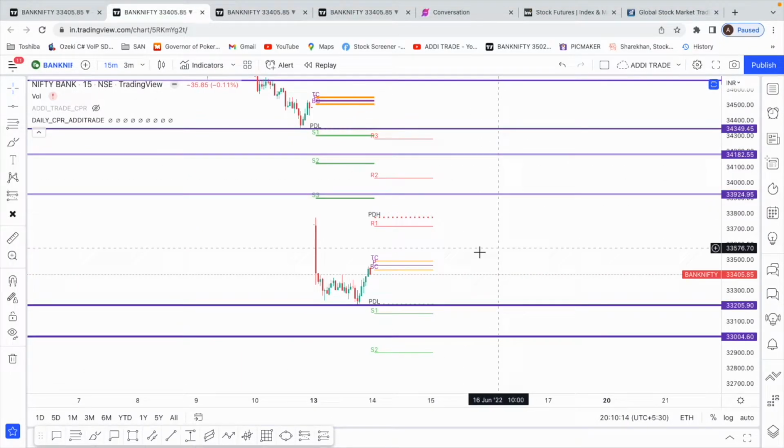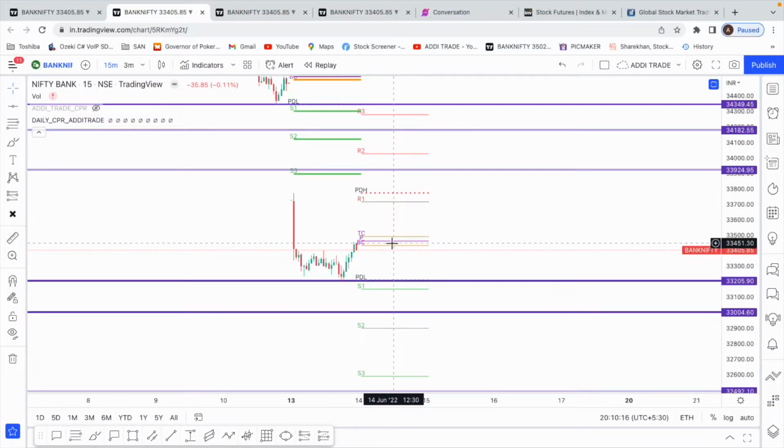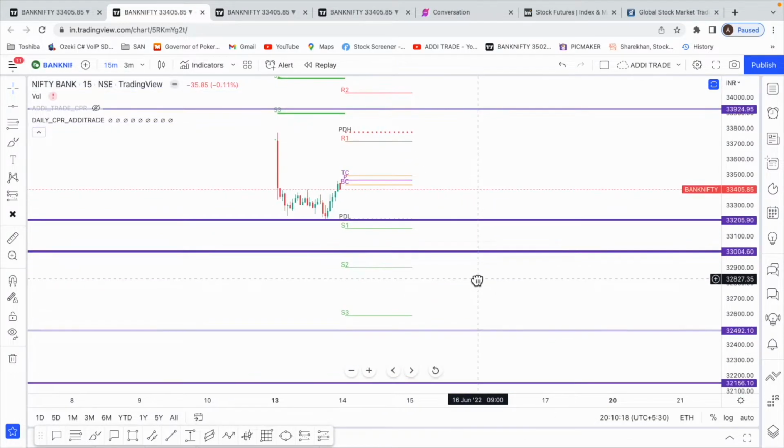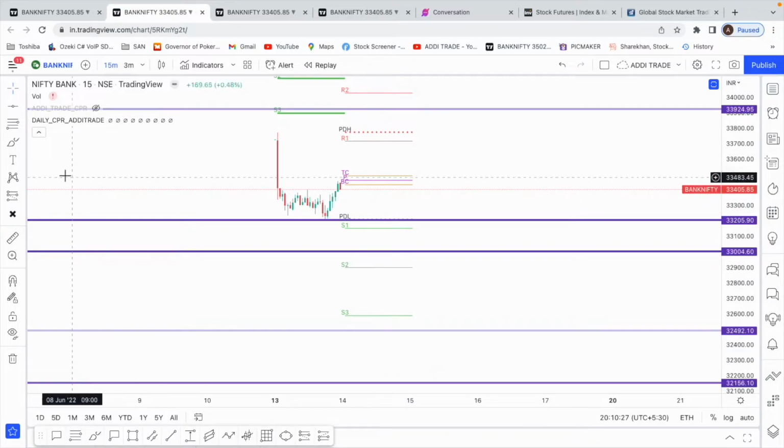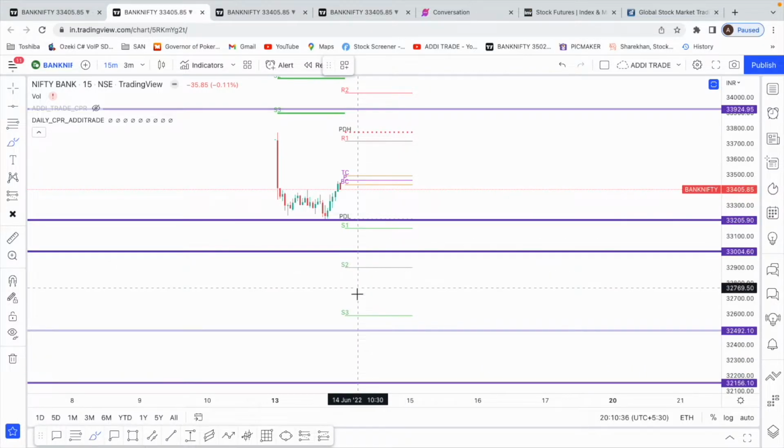We'll be using these levels along with the CPR. Now see, if this level 33,000 breaks, the next good targets are 32,400 and 32,160. But these are too far, right? We can't expect the market to come down so much in an intraday move. The maximum we can make use of is the CPR pivots. So these are the places. If we get a good shot somewhere in the morning, we will look to book our profits at any one of the CPR pivots.